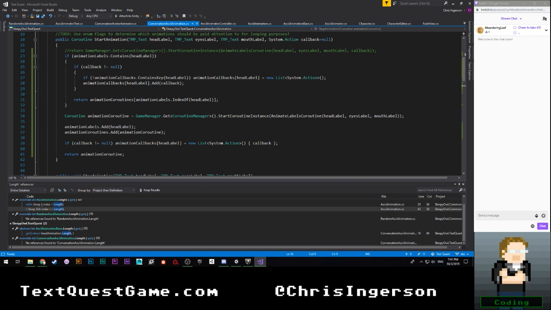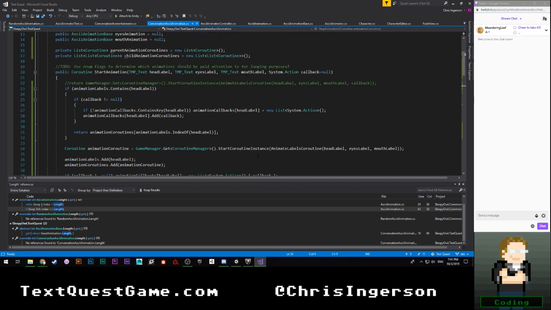Okay, let me think. Yes, it does. In fact, I have to do that. Well, hold on, time out. Could I do a list of the objects again, sort of like what my animation labels are doing? So a list of my TextMesh Pro texts.